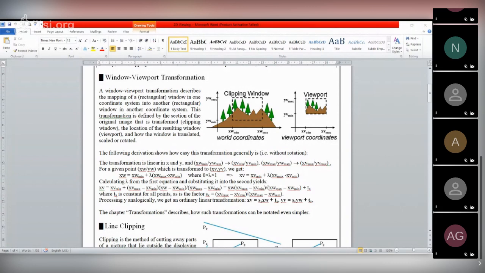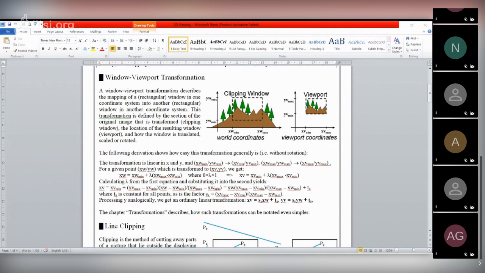Then we have a device, suppose a camera screen. The device has a specific coordinate. So we have to transform the viewing coordinate appropriately for our camera. This is the total mechanism by which we view a particular scene.